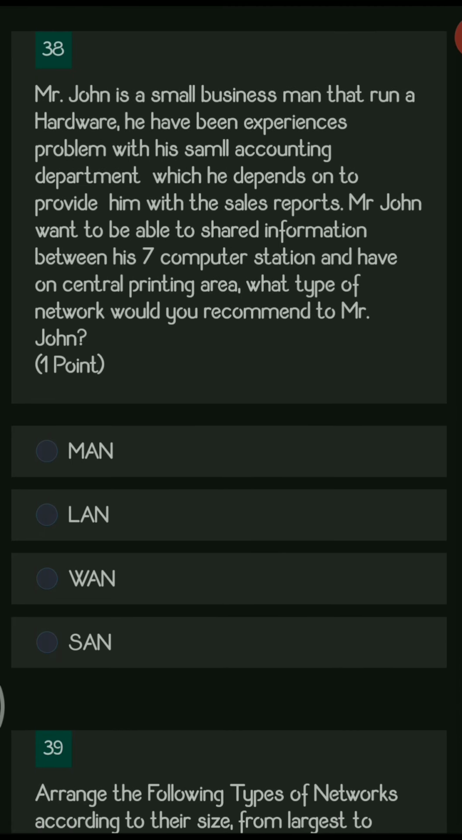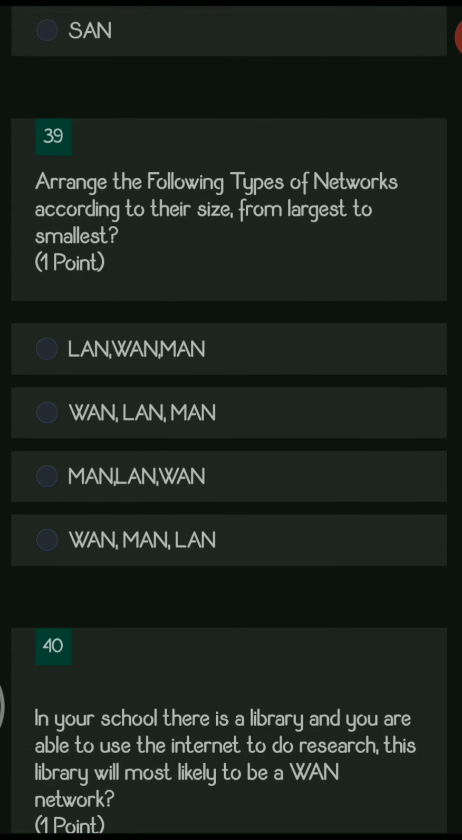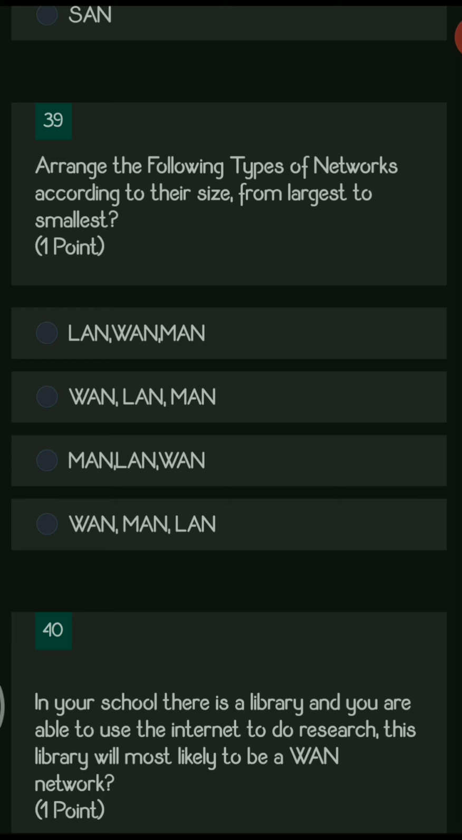Next question, Mr. John is a small businessman who runs a hardware shop. He has been experiencing a problem with a small accounting department, which he depends on to provide him the sales reports. So Mr. John wants to be able to share information between the 7 computer stations and have a central printing area. What type of network would you recommend to Mr. John? The options are MAN, LAN, WAN and SAN. So here the answer is LAN because he wants the network only for his department, which is in the same